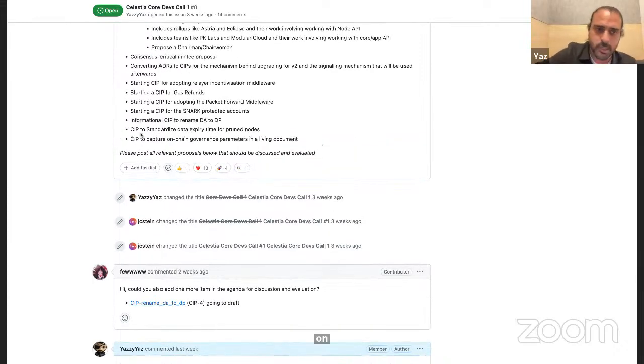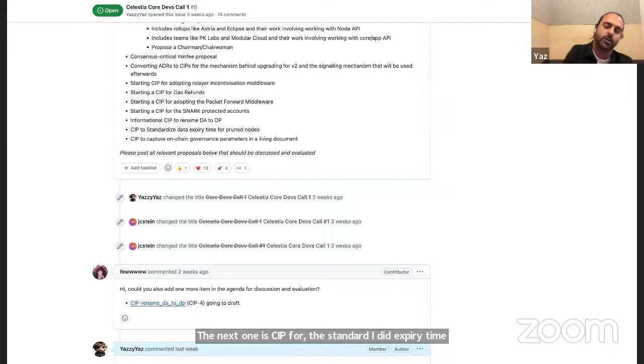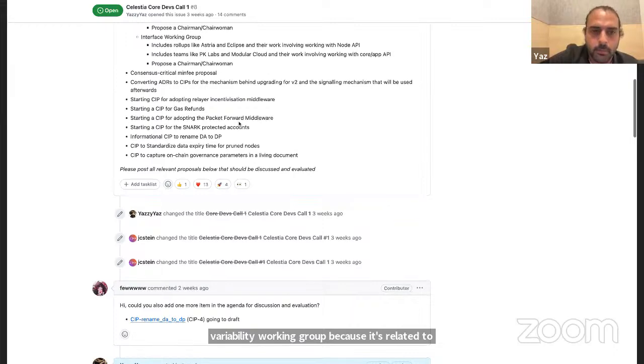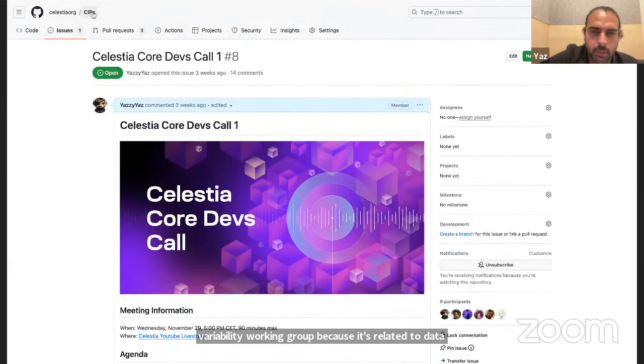The next one is CIP4, to standardize data expiry time for pruned nodes. Now, normally this will be happening within the data availability working group because it's related to data availability. But Mustafa, if you'd like, you can give a brief overview of it just for everyone here, even though this will be more covered in the working group.